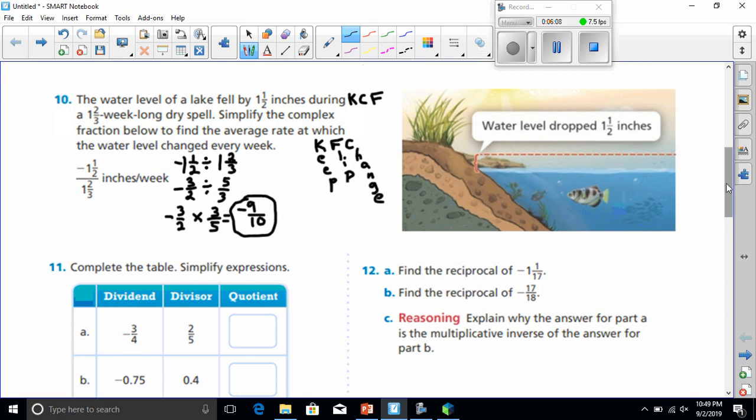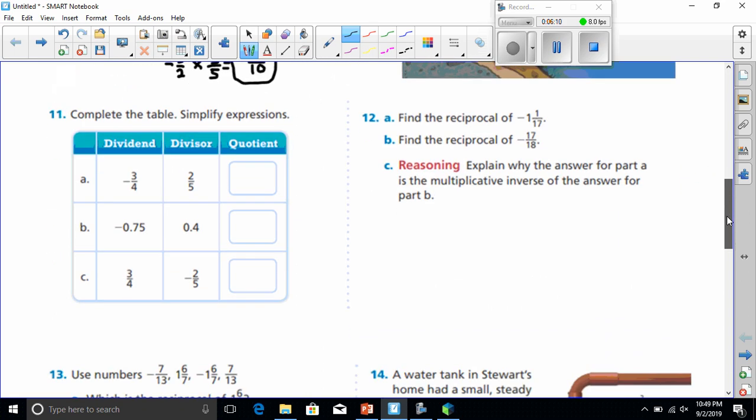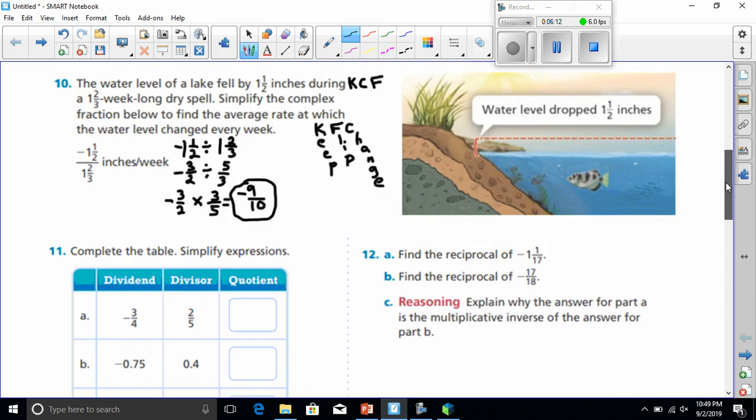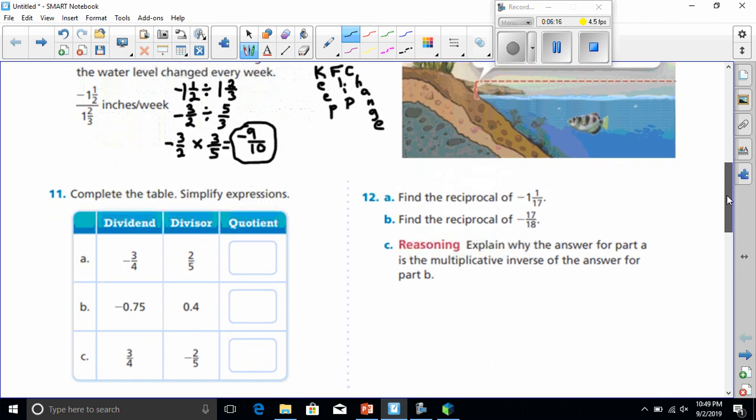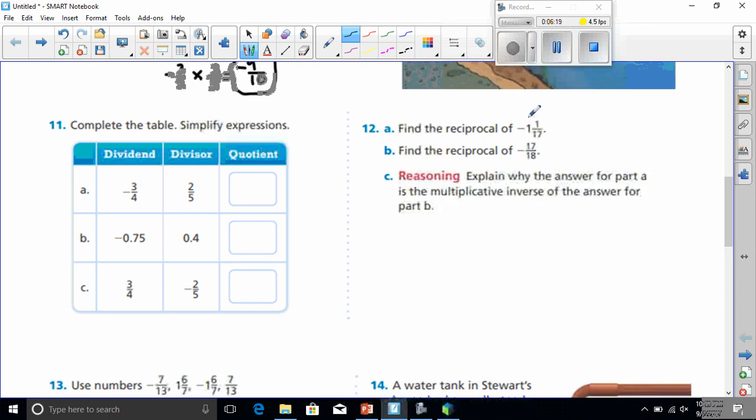All right, let's move on to number 12, excuse me. It says find the reciprocal. Let's see, the reciprocal of negative 1 and 1 over 17. Well, first we have to turn that into an improper fraction. 17 times 1 is 17. 17 plus 1 is 18. So this is going to be equal to negative 18